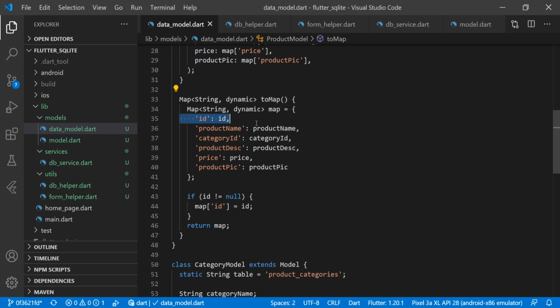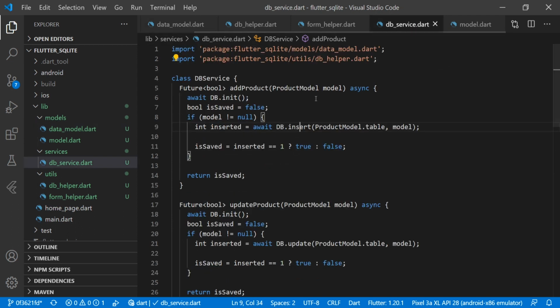What it is doing is creating a variable, a map of key value pairs, and we are returning that from here. Then we are checking if insert is equal to 1, then we are setting isSafe to true, else we are setting it to false.